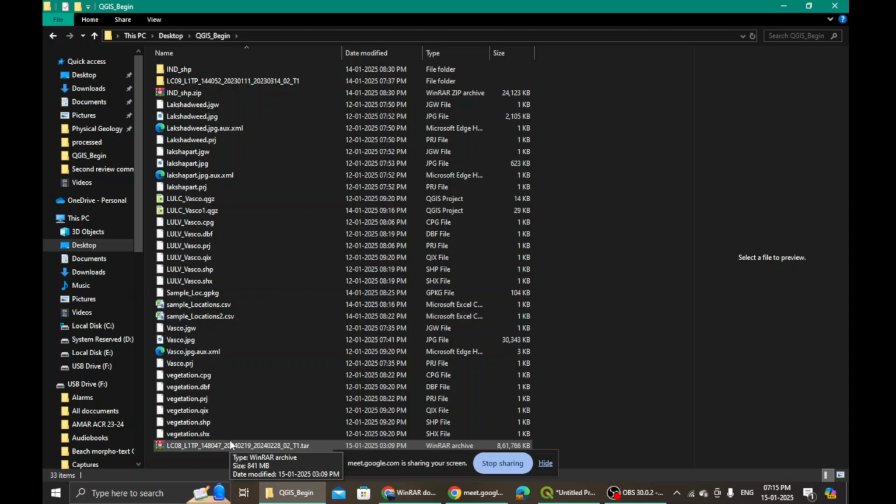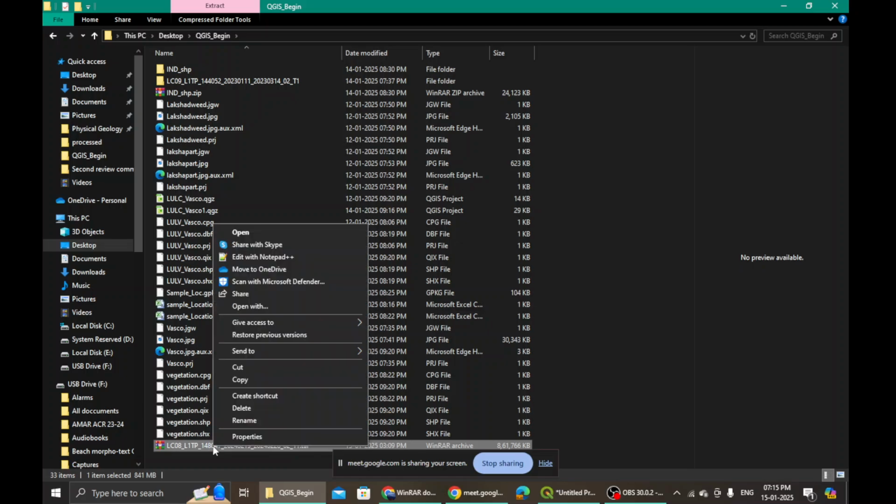All right, all right. So we go to that file, this file that you have downloaded, isn't it? One second, ma'am. Which file, ma'am? The satellite imagery. Yes, the .tar file. Okay. Select it. It is becoming red. Okay. Right click on it. Right click on that file. Select it and right click on it.